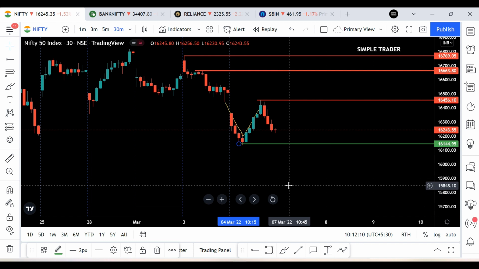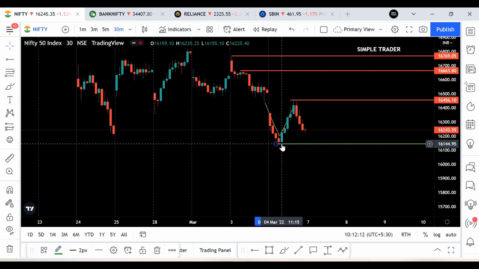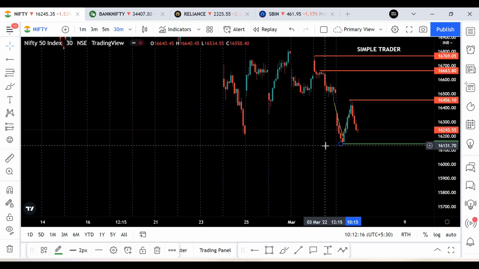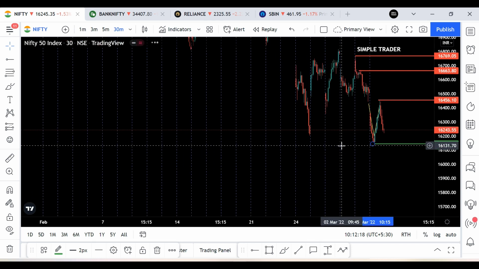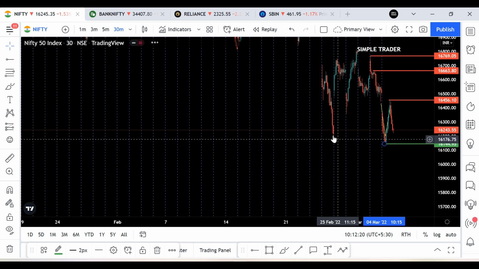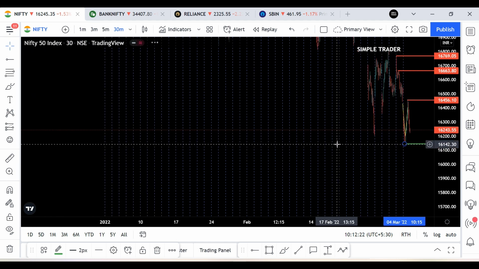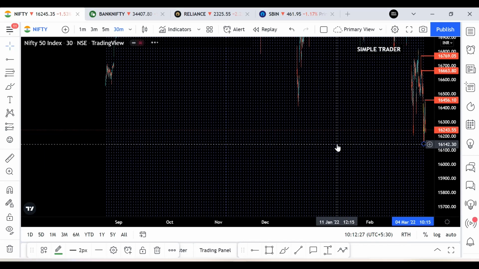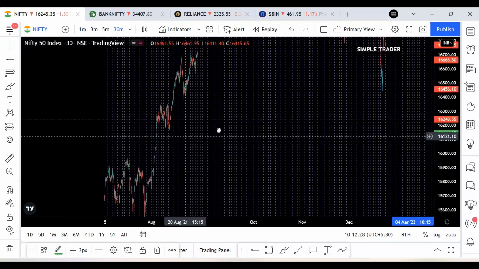This is the first support, and next, after finding this support, we should not go up, we should go down. Till where? Till we find our next support, not this one. So I'm going further down. Any candles? Nothing here, right? See, look at this. Nothing here. So I'm going further down